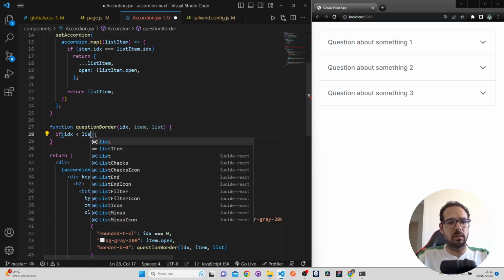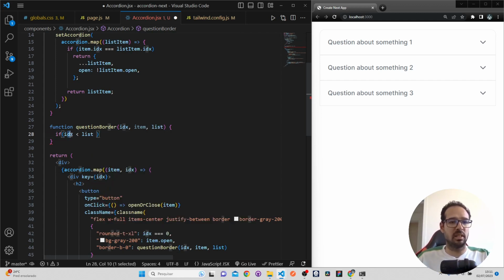If list here, if index is less than list dot length, and length -1, actually, because we want to get the first two borders. You can see that this border is thicker and this border is thicker and this border is okay. So this is what we want to do. We want to just make one border. We have like a double border here. So if the index is for everything except the last one, so the first and the second one, so index